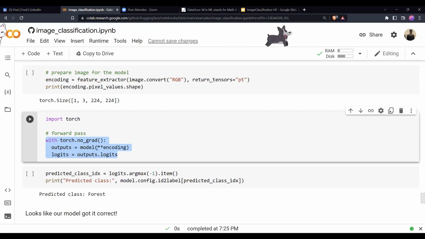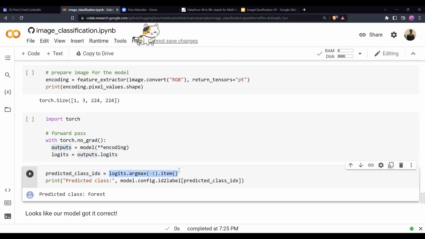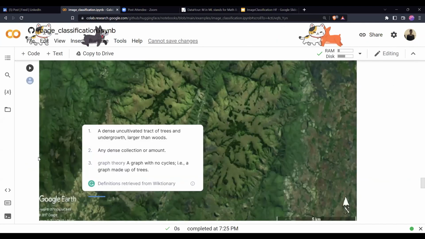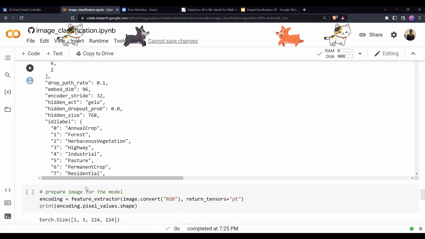You have to send a dictionary called encodings inside the model, and this will output logits. The logits go to softmax, and the maximum of the softmax is our answer, the predicted class. For example, here this was forest. This image, when sent into our model, was detected as forest, which is correct.